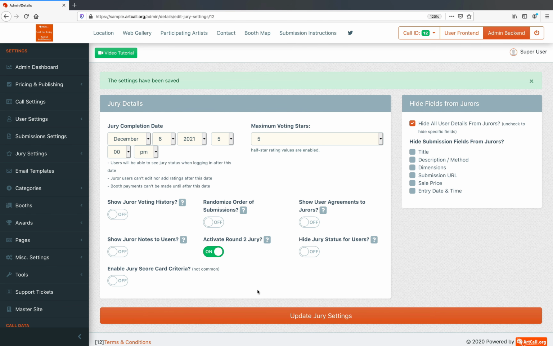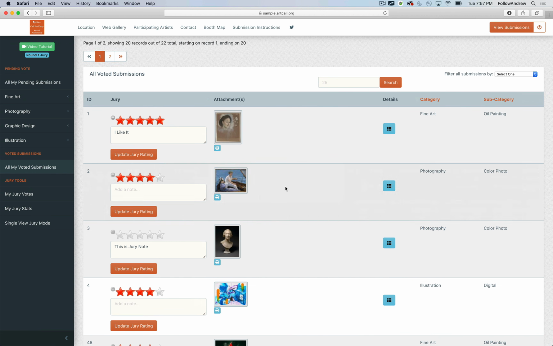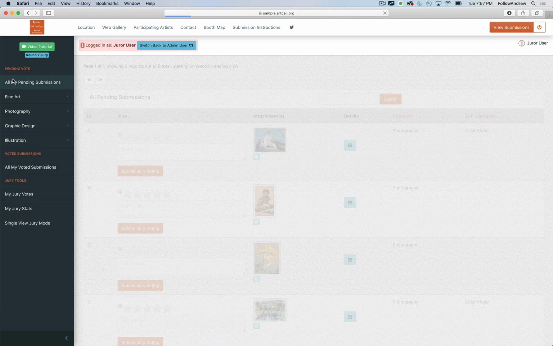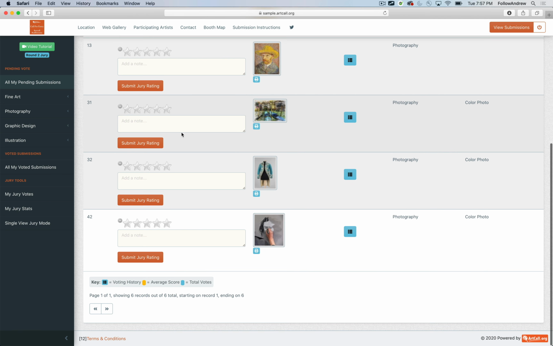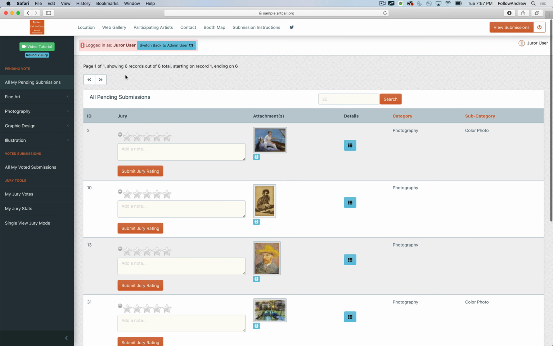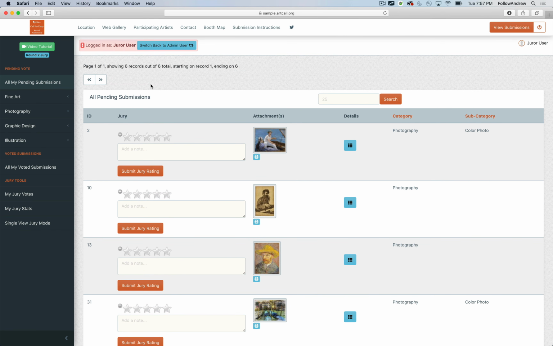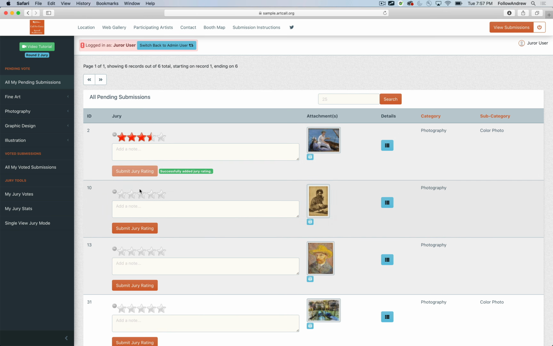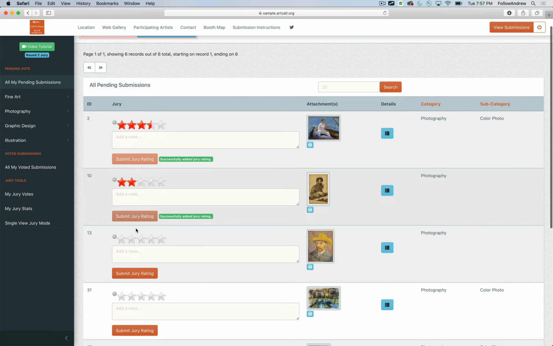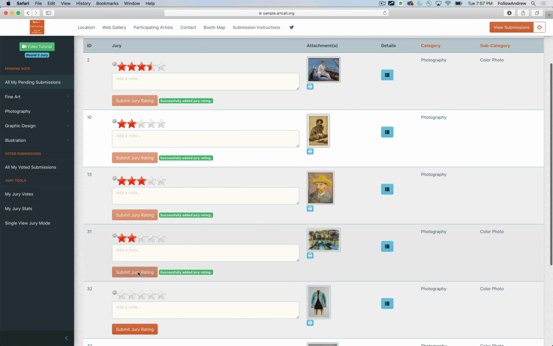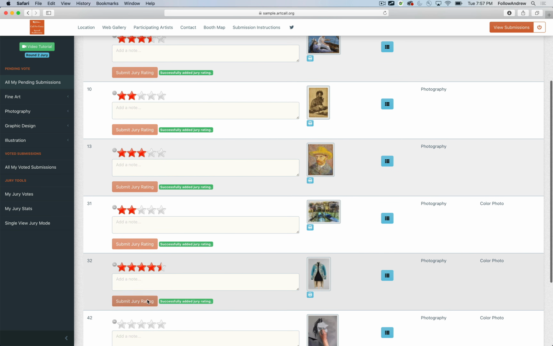What that means is when all of your juror users come and log in again, they will only see the entries that have been advanced to round 2. And you can see here I'm only seeing these 6 records because that's the only amount of records in round 2. They then go ahead and re-jury as default. So again, they're only going to see a subset of the entries, only the entries you've advanced. So I'll just go ahead and do a quick marking on each of these,